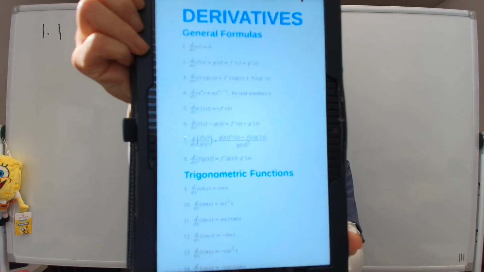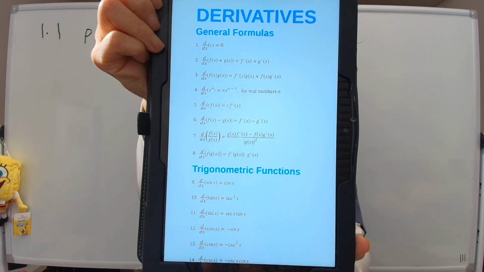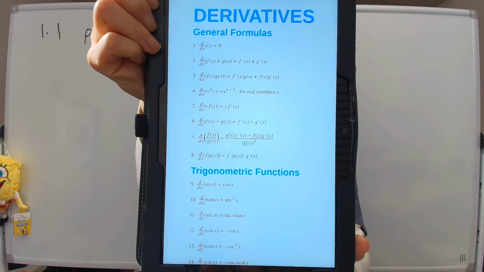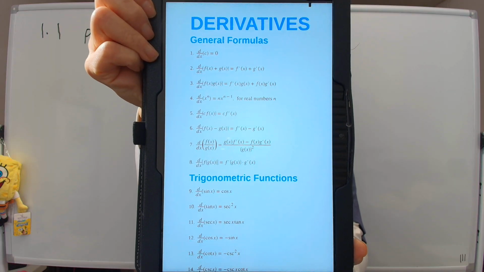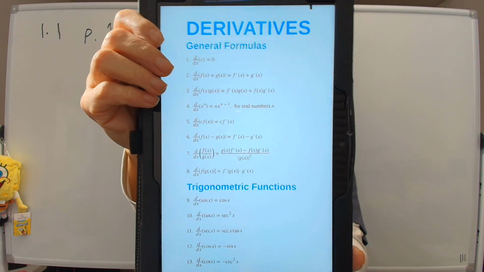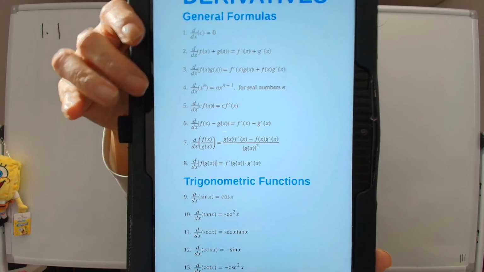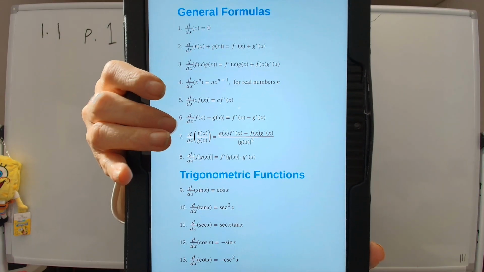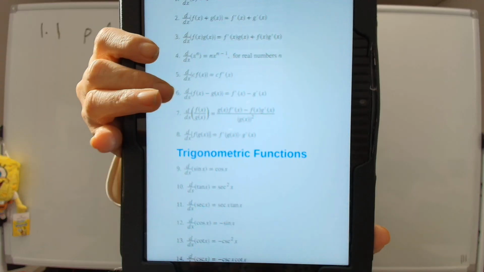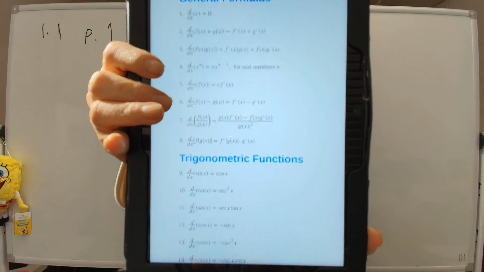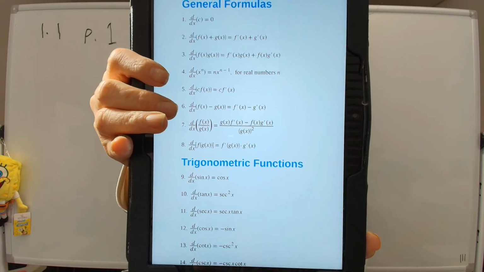This is from the appendix of Calculus 1, 2, or 3. They all have it. This is Appendix B at the end of the book, where you get all the derivative formulas. I want to show it to you in case you haven't done calculus for a while and maybe are a bit rusty on what these rules look like. So please pay attention to them and look them up if you can't remember, because you're going to need it